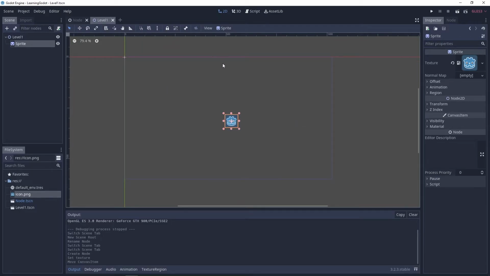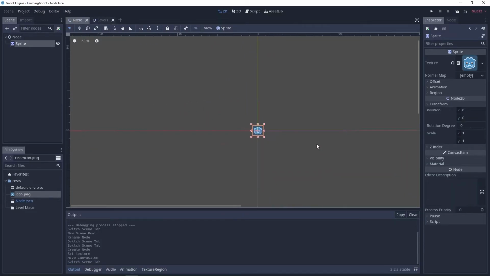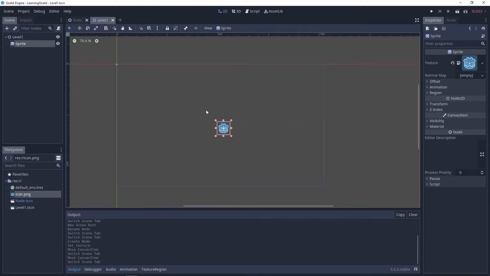Now I'm gonna go back to my node scene, and in here I'm gonna zoom out, and for this scene I'm gonna just move the sprite towards the top left, so that if I see the sprite on the top left, it's the main node scene, and if I see it in the center, it's the new scene that we created. Let's go back to level 1, and in here I'm gonna click on the play scene button,